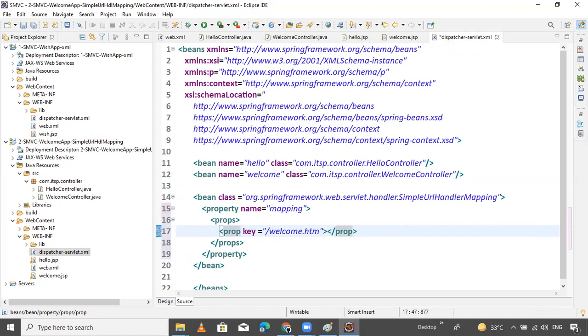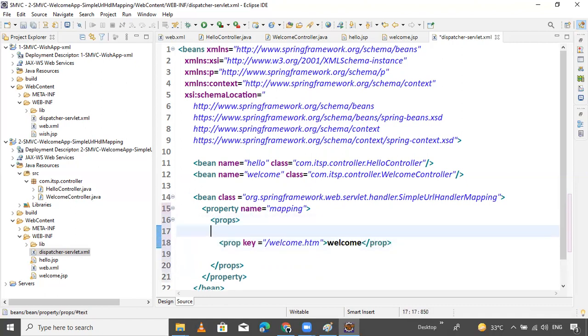Pass the value. What is the value? Hello or welcome. The welcome. Now next, otherwise this is the next. First is the hello. So using one more prop, p equals slash hello dot stm, and pass the value hello. That's it.